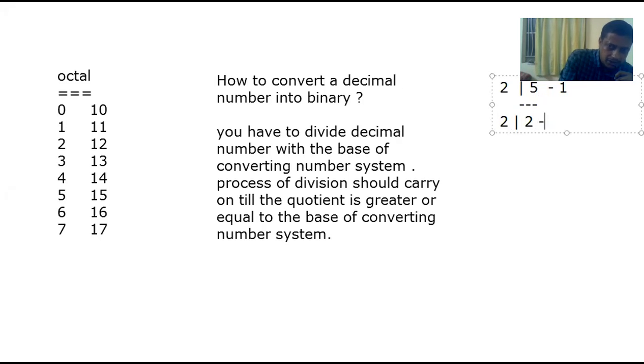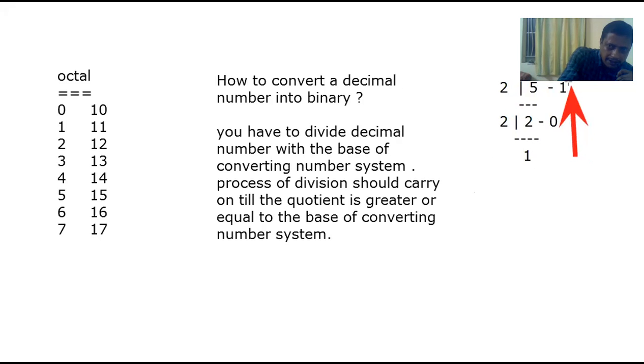When I divide with this, I will get the result as 0, and then I will get the very interesting thing, 1. What I will get over here is 1. Now I will not divide this any more. So what I will do now is catch all these values together, from this portion, from here to here.